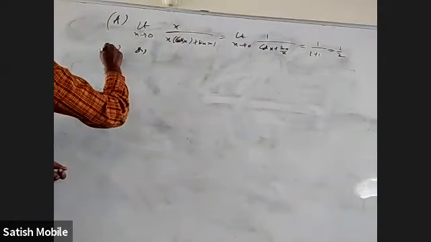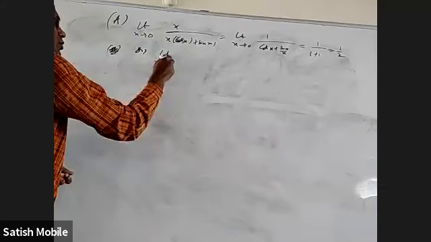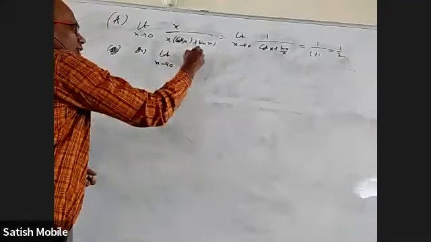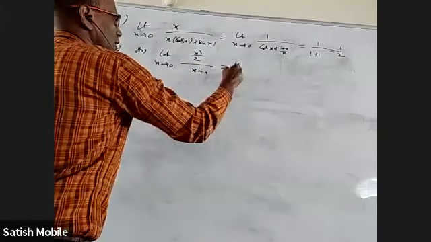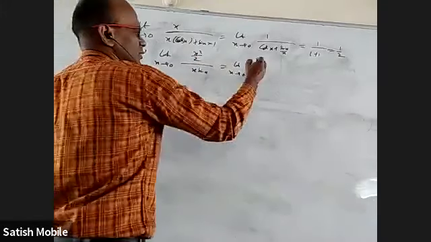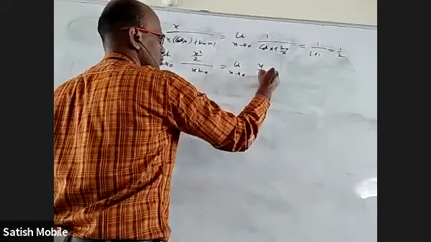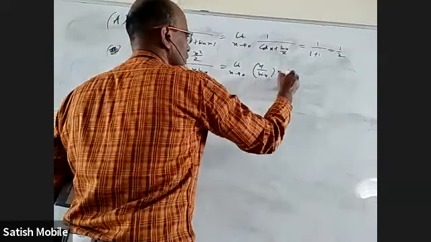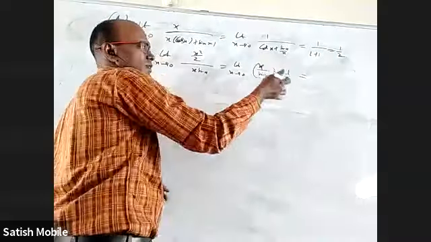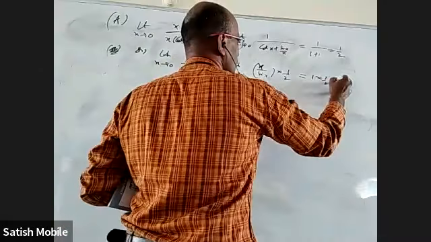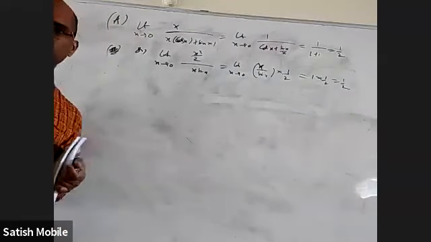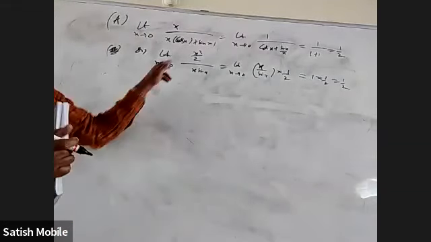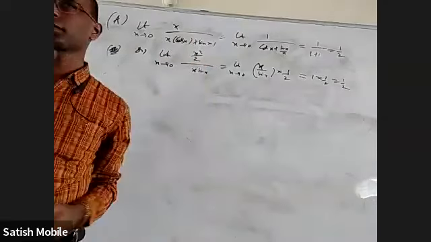Another method is limit x extends to 0. Integral of t is t square by 2. You get x square by 2 by x sin x. And when you cancel x, it is x by sin x into 1 by 2. We all know x by sin x limit is 1, or sin x by x limit is 1. 1 into 1 by 2 is 1 by 2. Okay. So it is not necessary to use L'Hospital rule, and the fundamental theorem is not required. Directly I found the numerator integral and then did it normally. Either way you can do it.